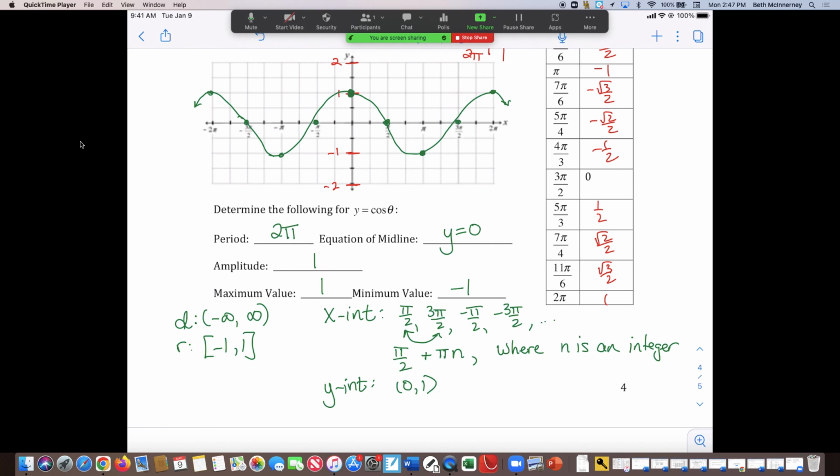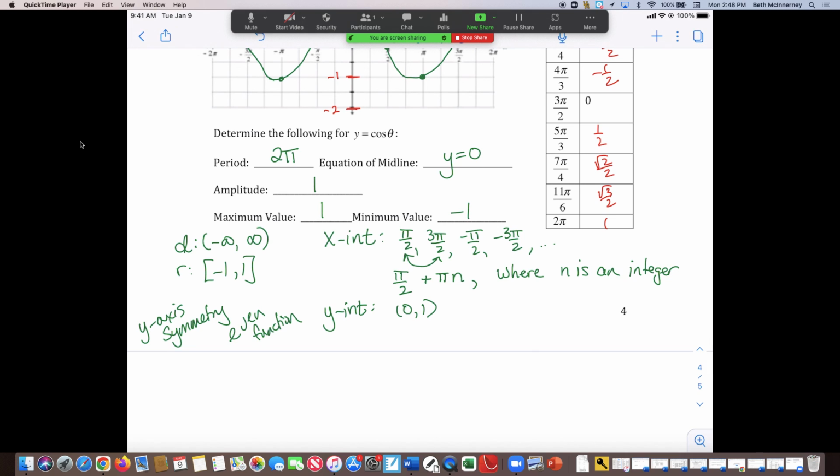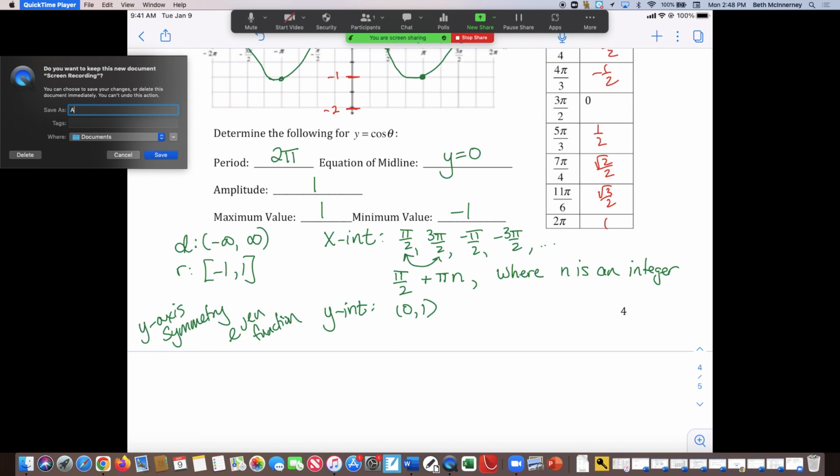So when you look at cosine, do you see that if I were to fold this graph on the y-axis, the right side would map onto the left side? So the cosine function has y-axis symmetry, which makes it an even function. All right, that finishes